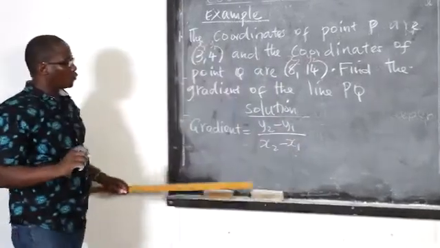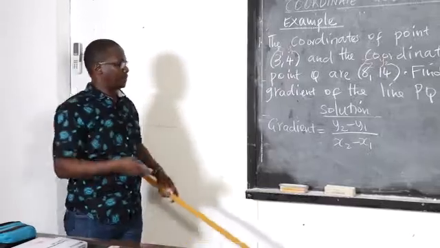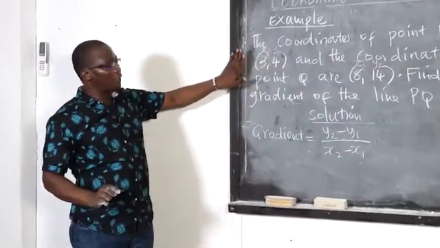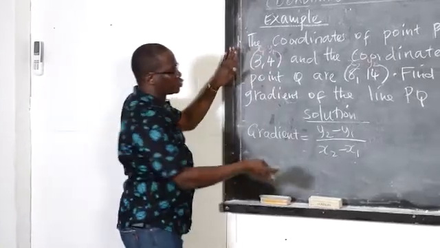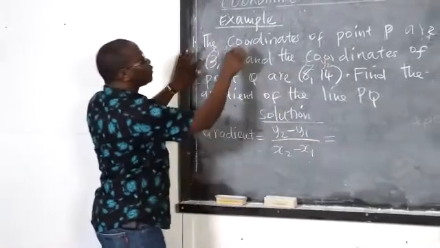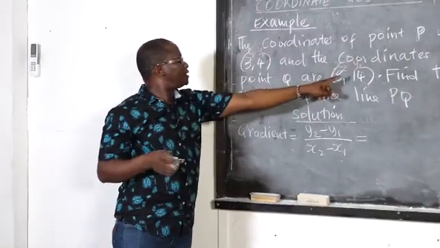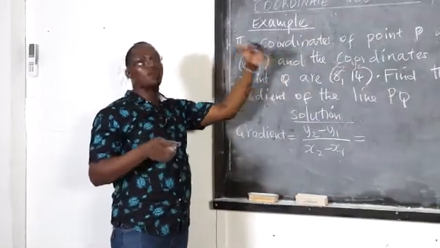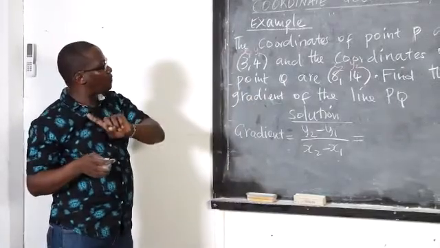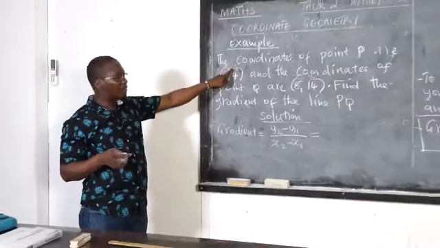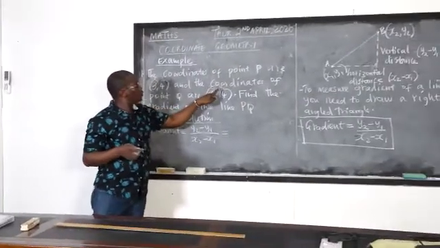So the more you write the formula, the more you'll be able to remember. After that, just check the coordinates. Then you do your substitution. It will be very easy. If you don't label this, it is very possible that you misread the changes in the x or the y coordinates. So once you've labeled them appropriately as x subscript 1, y subscript 1, and x subscript 2, y subscript 2,